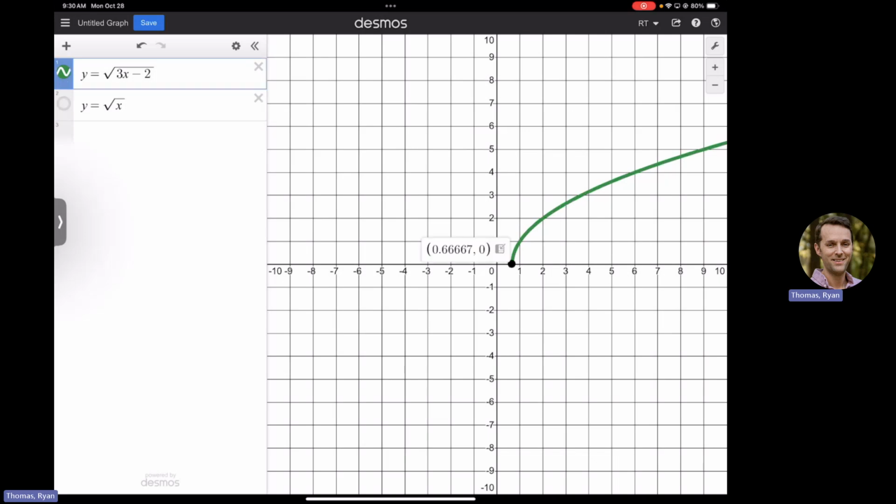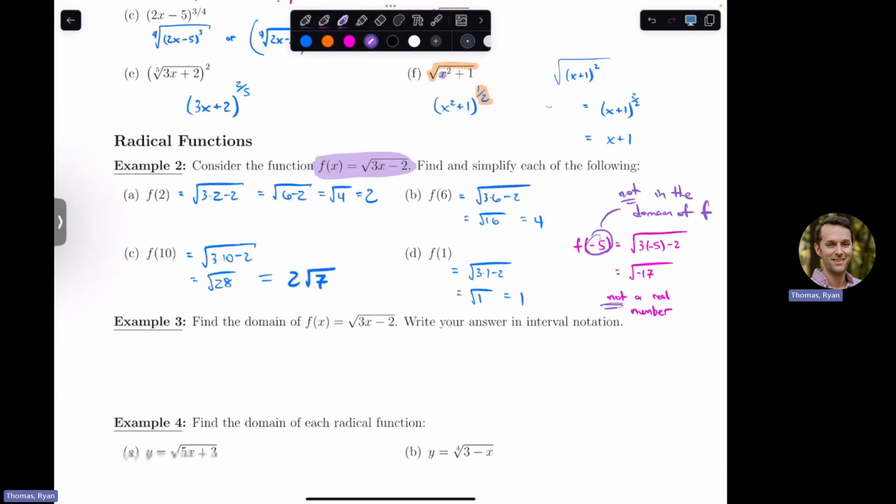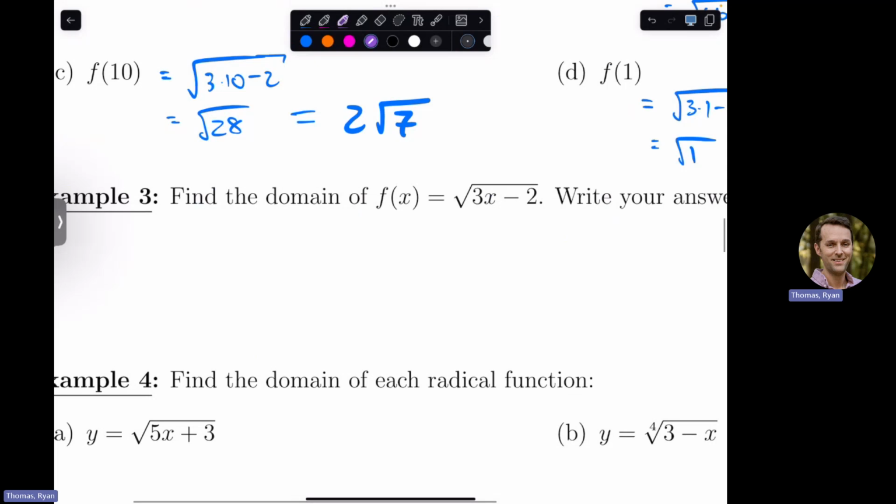Well, I could try clicking on it. It's 0.66667, this says. What is it really, though? Anybody see it? It's really 2/3, right? How do we know it's really 2/3? We got numbers. Yes, right. We got numbers. 3x minus 2. Really what we're trying to figure out to find the domain of this thing,